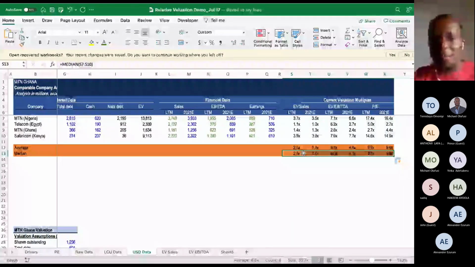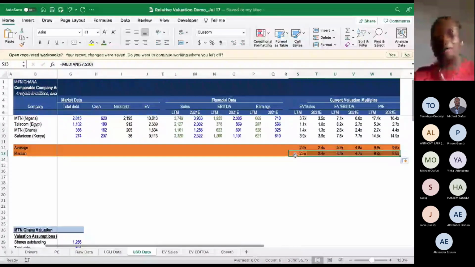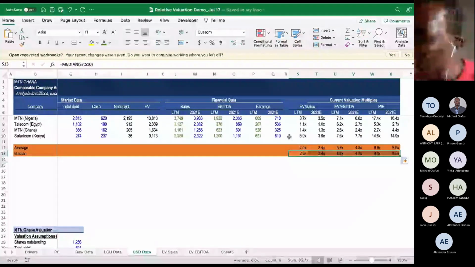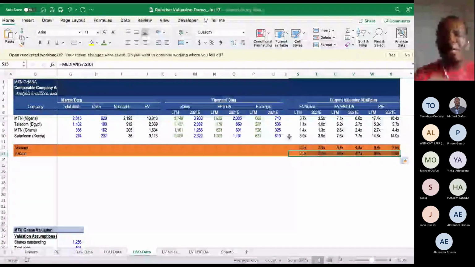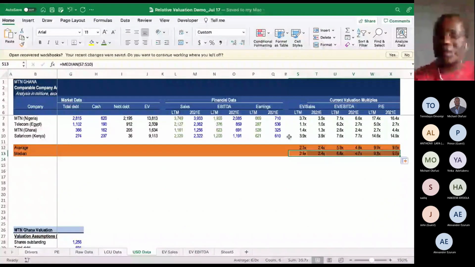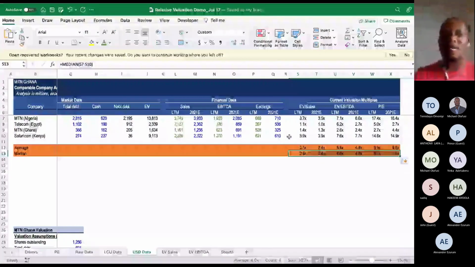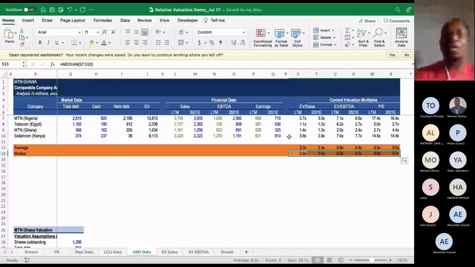So companies that are trading at multiples below the median can be seen as underpriced, right? They are underpriced or they are cheap. And then companies that are trading at multiples above the median can be seen as overpriced or expensive. But today we are going to see that